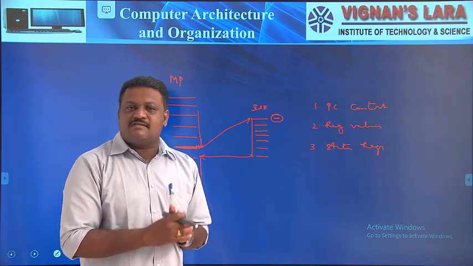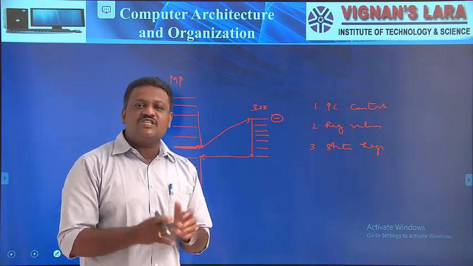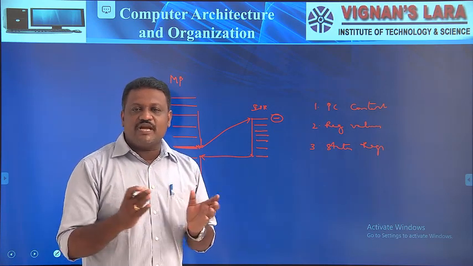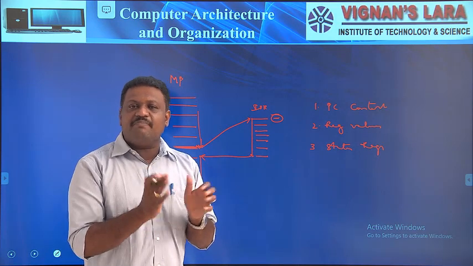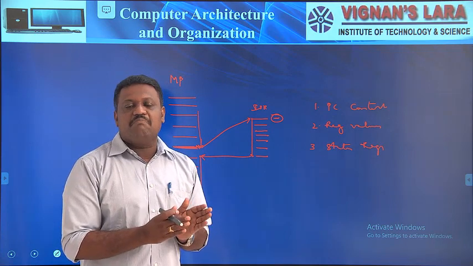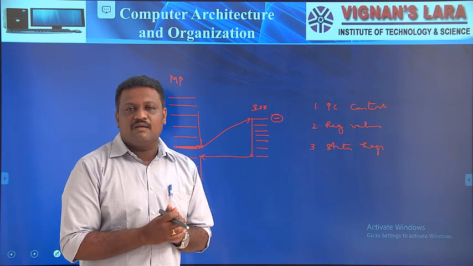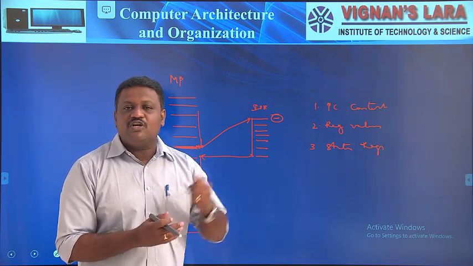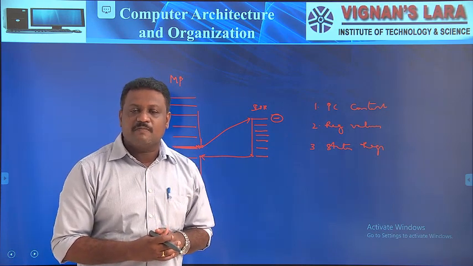In the last classes, I discussed the basic instruction types: 3 operand instructions, 2 operand instructions, 1 operand instructions, and 0 operand instructions. On that occasion, I made an application program for a small equation, x equal to a plus b multiplied by c minus d. That program was implemented with the help of 3 operand, 2 operand, 1 operand and 0 operand instructions.